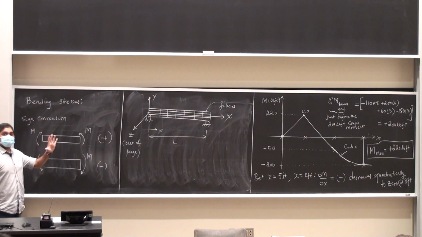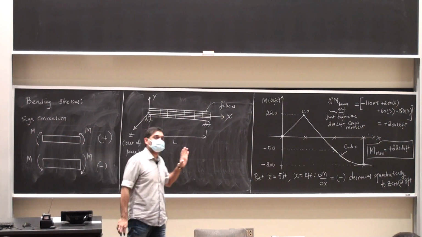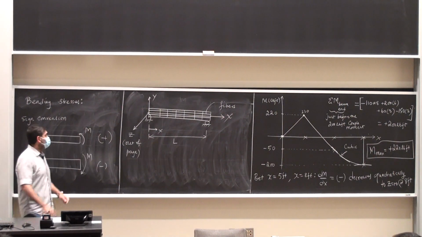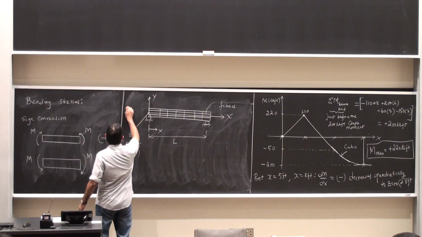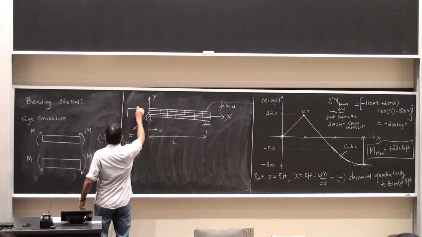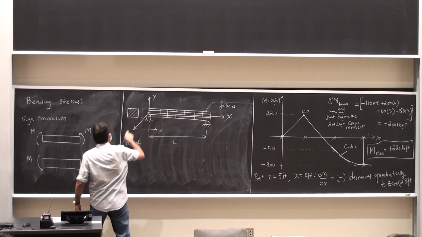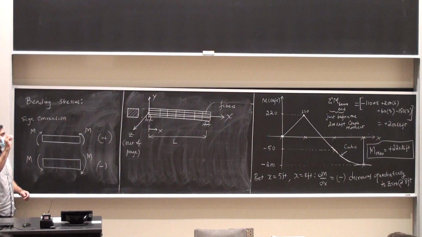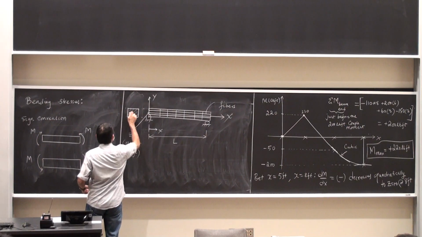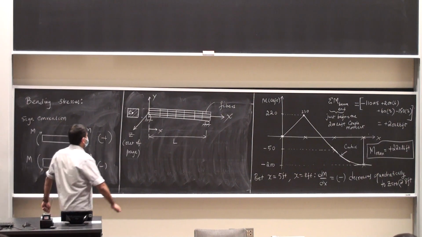The cross section, for the time being, let us assume a very simple cross section. I'm going to say that the cross section is a rectangle. Okay, just for the sake of simplicity, it can be anything. The centroid of the cross section will always be labeled as C. So C,